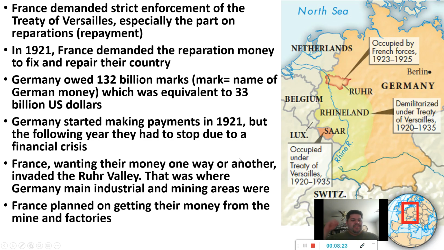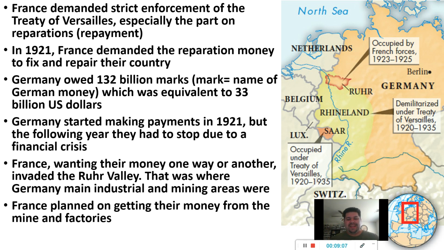So the thing is, France was very, very upset with Germany, and they demanded strict enforcement of the Treaty of Versailles, specifically one part, which was the reparations, the repayment. They wanted their money from Germany right there and then. No ands or buts about it. I don't want to hear it. You pay us back our money. We need to rebuild. We're in a desperate situation. Pay us our money. They're kind of like, I don't know if you've seen the little clip of Stewie beating up on Brian saying, give my money, man, give my money. Same thing. They want their money.